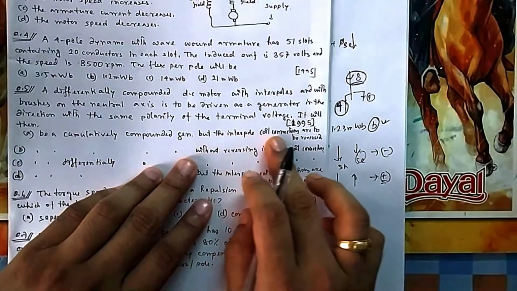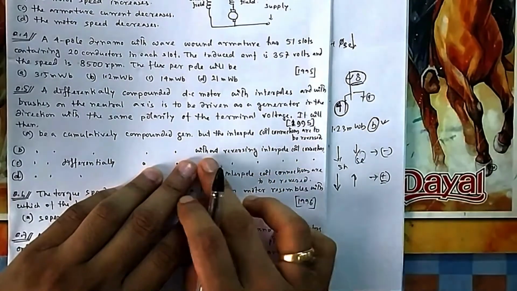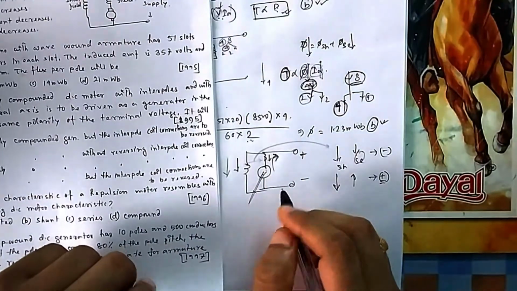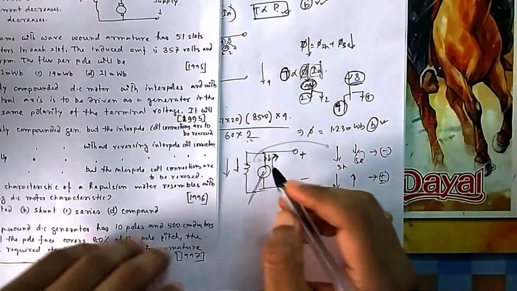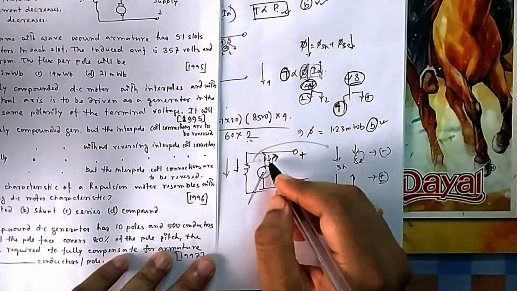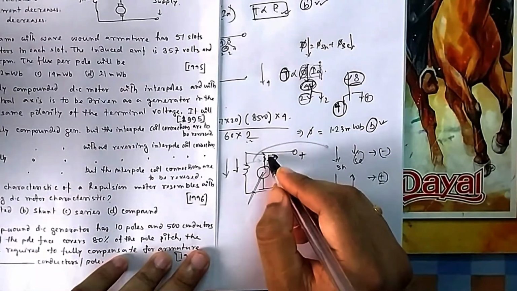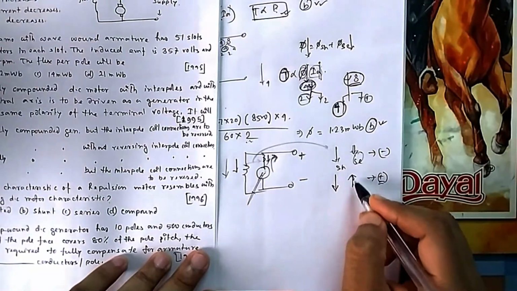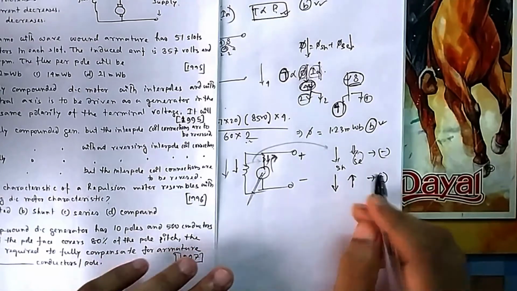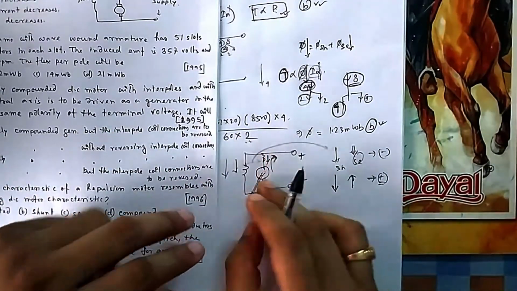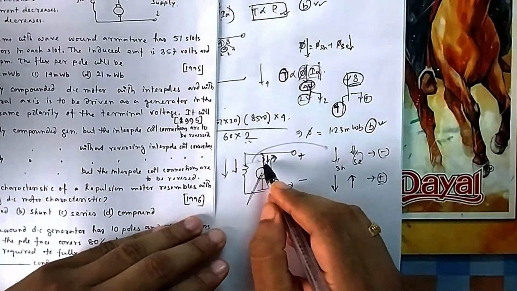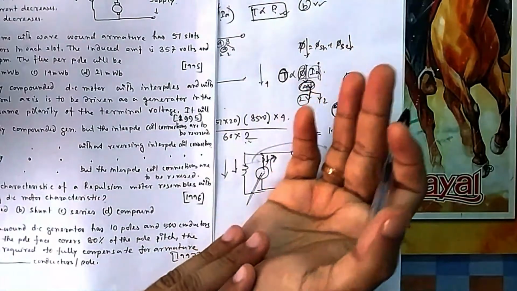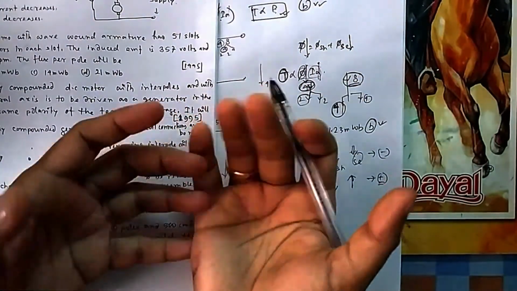Now, but the interpole coil connections are to be reversed, or to be reversed without reversing. Now interpoles are connected in series with the armature current. So that will be automatically changed, because your armature current itself is changing. So initially if the interpole was getting current in this direction, now because you change armature, that will also get current in this direction. No need to change that connection, because it is always connected in series with your armature. Because you are making it a generator, the armature direction changes and interpole automatically changes it. It is to nullify the effect of armature reaction.